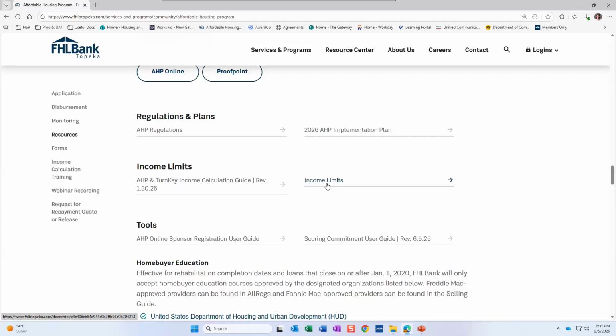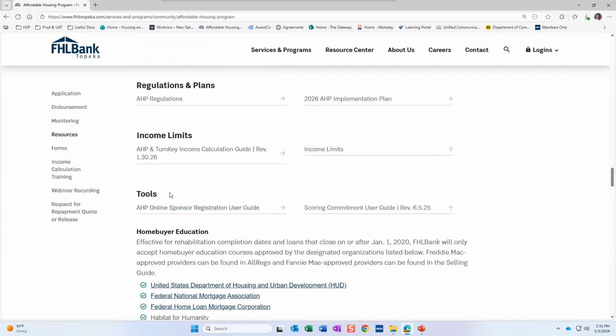These income limits are updated on a yearly basis, usually sometime in the late summer is when the USDA releases their income limits. It changes a little bit every year, but we will notify you via email when we do update our income limits. We will again automatically insert those into our income calculation workbook and all our other forms so that you can continue utilizing those forms. And you don't have to use this income limits document if you don't want to. It's more of just a resource. The income workbook will automatically calculate your AMI for you utilizing the applicable income limits as you are working with it.